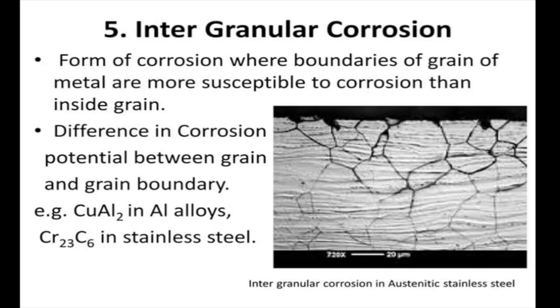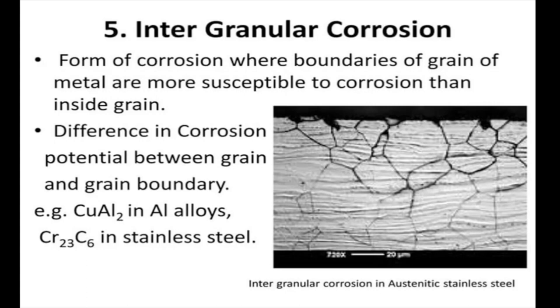Now, this is the form of corrosion where the boundaries of the grains of the metal are more susceptible to corrosion. This phenomenon takes place because of the difference in corrosion potential between the grain and the grain boundary. We know very well that if we compare the grain and the grain boundary, the grain boundary is a relatively high-energy region, and for that reason, in the presence of an adequate environment like an electrolyte, oxygen or an oxidizing agent, and the temperature factor, if we consider all of these things, then this type of corrosion